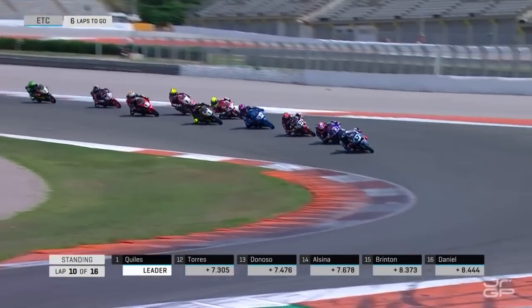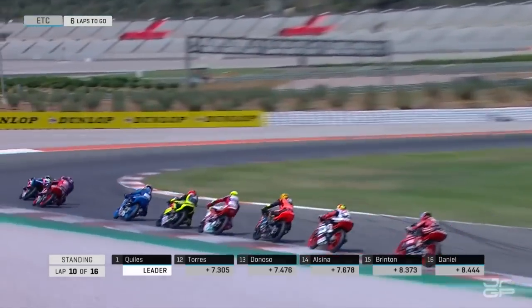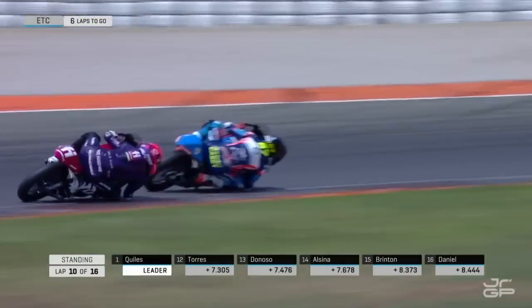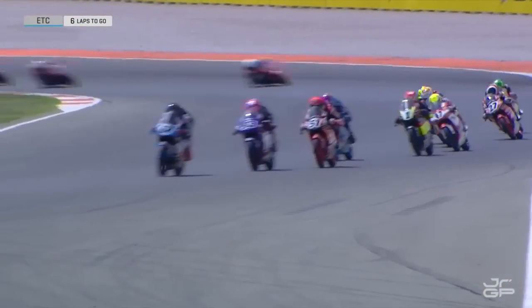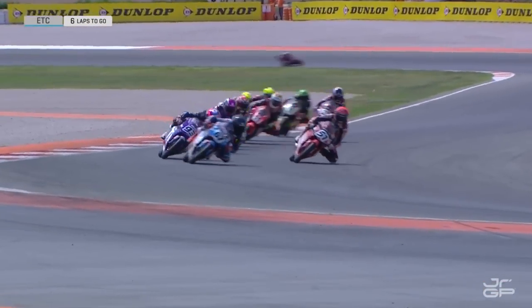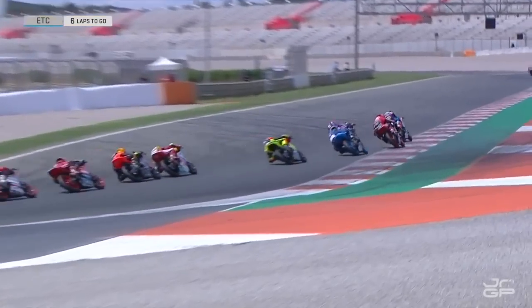Pini on the inside of Boggio, line out at turn 3, good move, and Gonzalez followed suit that time on Luciano. So Gonzalez moving up into 8th, Pini up into 6th, so 2 riders making progress, making ground back through this group as Uriarte moves up into 3rd place. Keeps it on the curb as well, doesn't run wide, so that's Ferrandez back to 4th